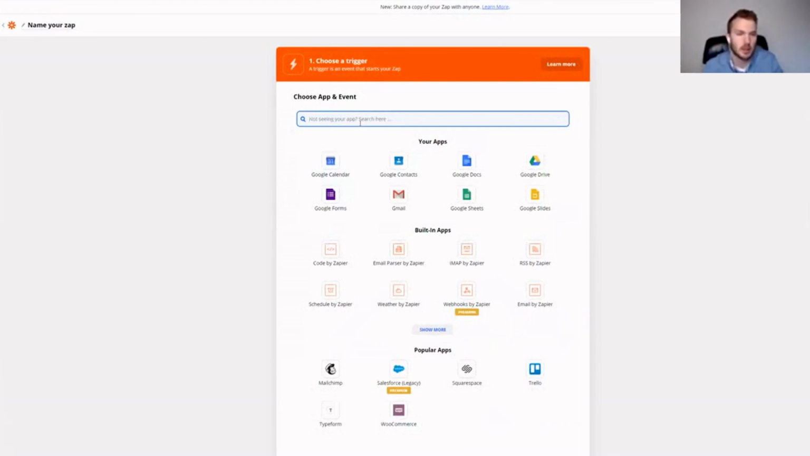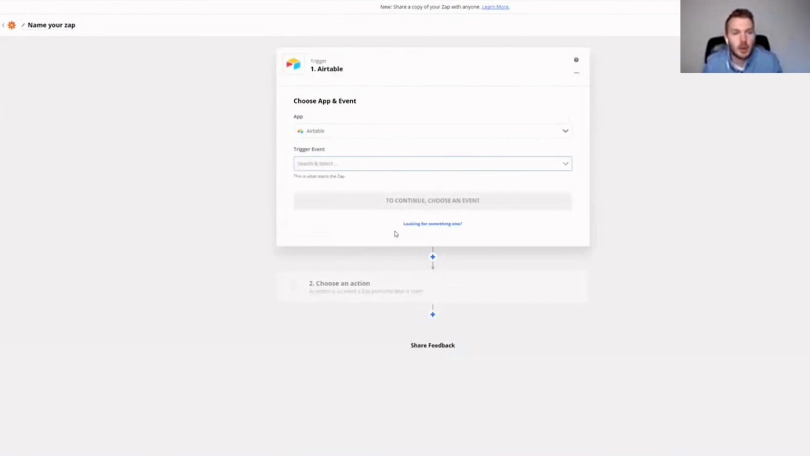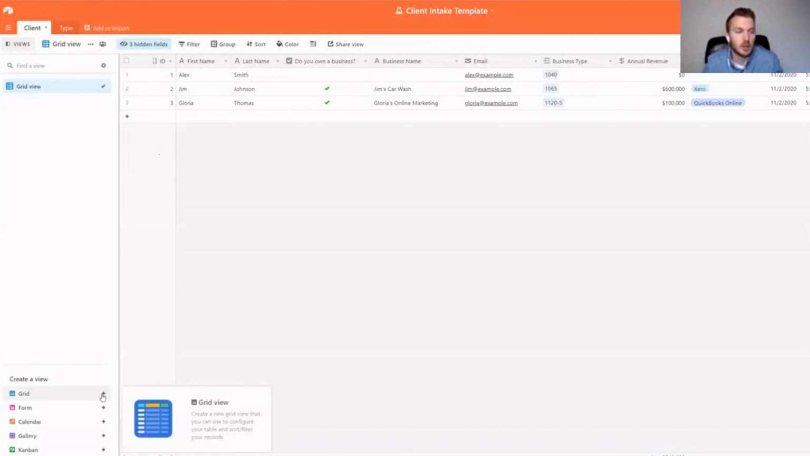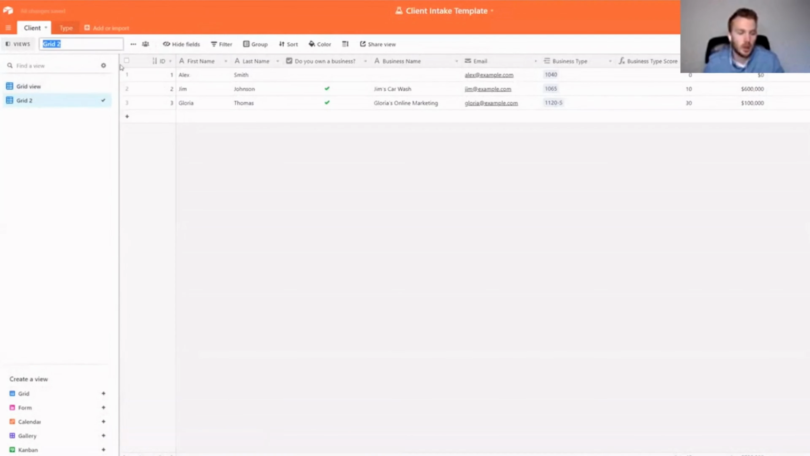So our trigger app is going to be Airtable. So type Airtable in there. It's going to pull Airtable up. And we're going to define the trigger event as new record. Now, if we wanted to get fancy with this, we could use, like, new record in a view. And maybe we create a secondary grid view here, and you don't have to do this. I'll just show you, and say vetted